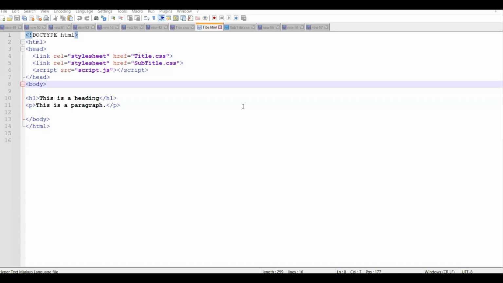So hello everyone. In the previous lecture we discussed how we generally link CSS as well as JavaScript with a static website. This is the example I have given. I already told you, if we have 100 CSS or 100 JS files,